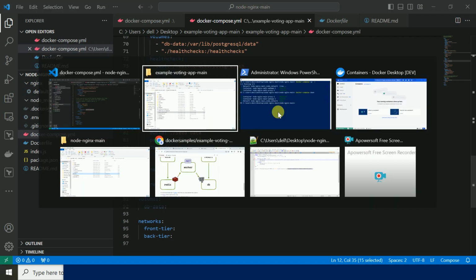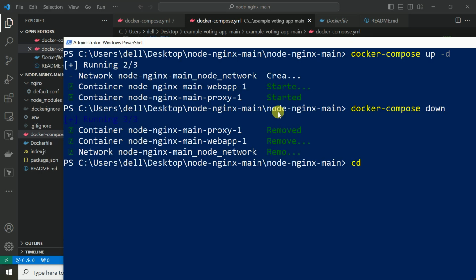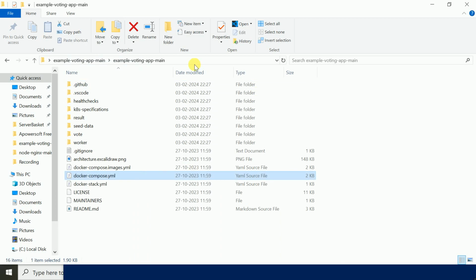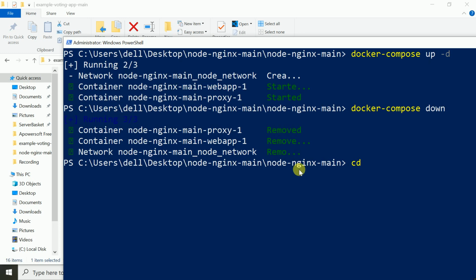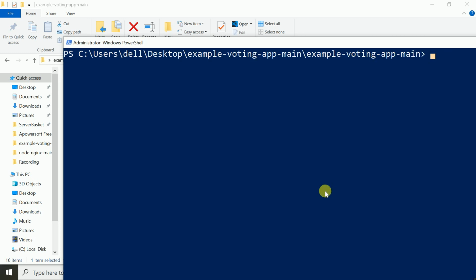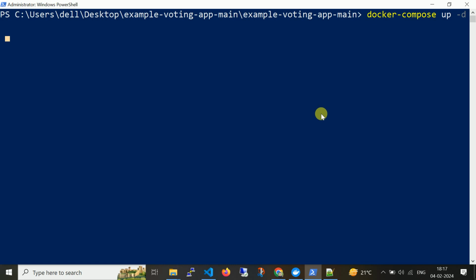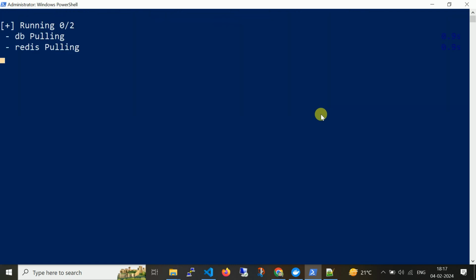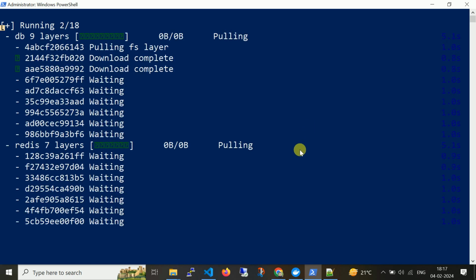So let me just navigate to this folder and run the application. Docker compose up -d. So it took some time to pull all the images and run the containers.